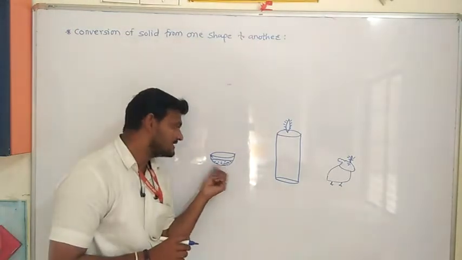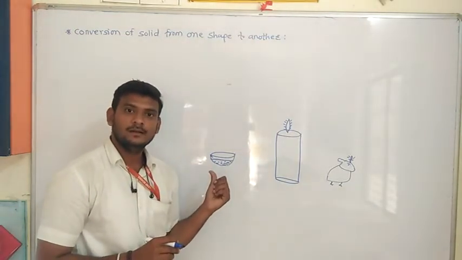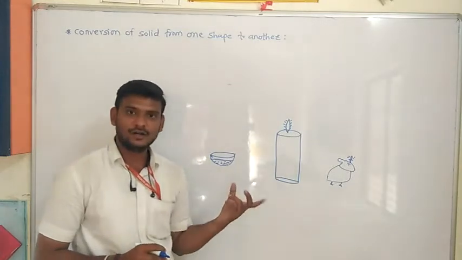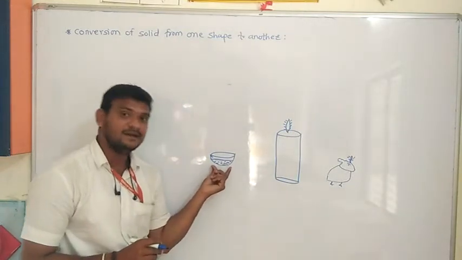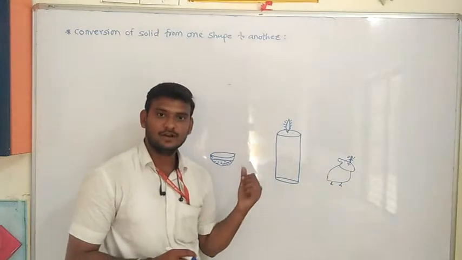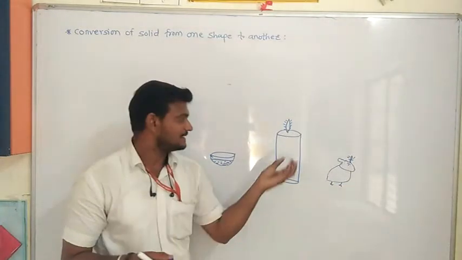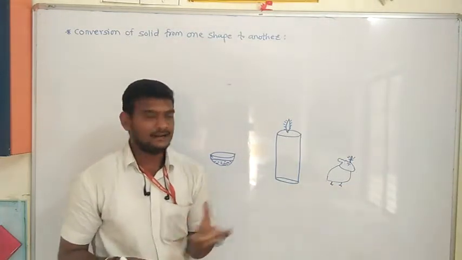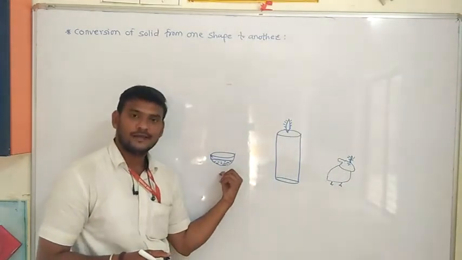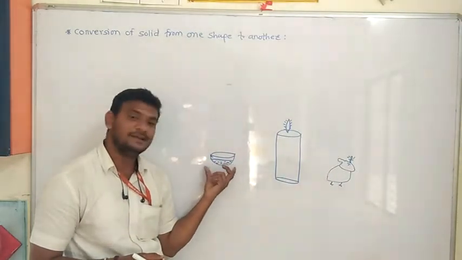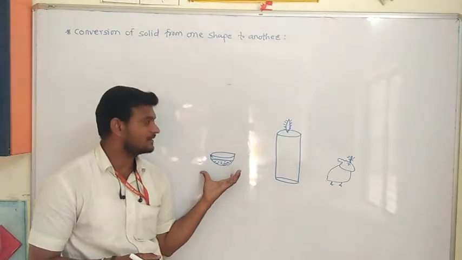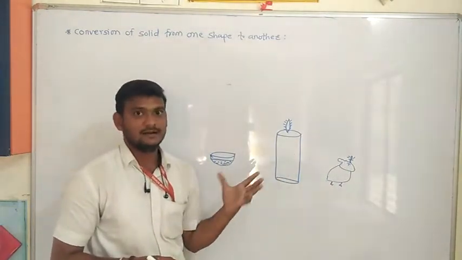Then how much liquid is poured here? That is nothing but the volume of the cylinder, or not? The volume of this much liquid is equal to the volume of the cylinder, because only the cylinder is melted. The cylindrical wax is melted, and that melted portion is poured here. Therefore, the amount of liquid we got here is nothing but the volume of the cylinder.